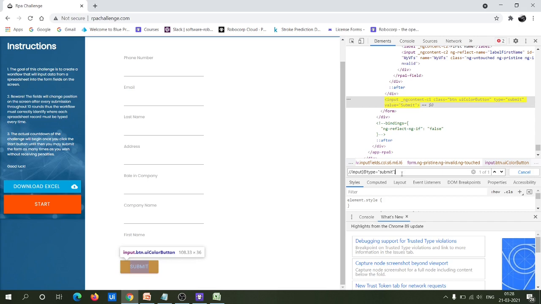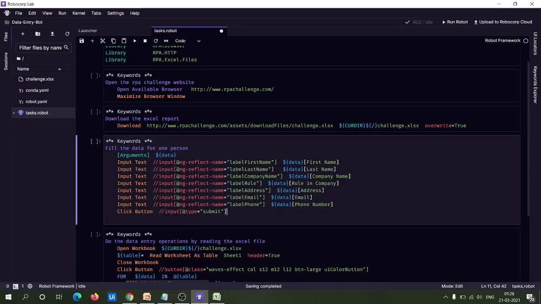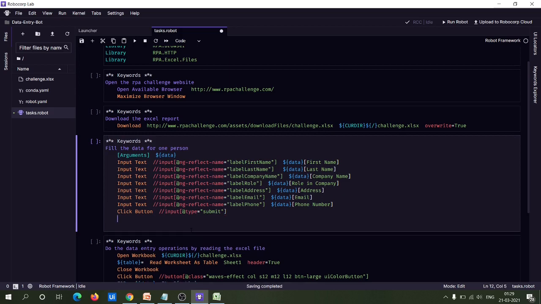Yeah, working. You can copy this, you can paste it here. Okay, so in this way you can fill the data for a single person.